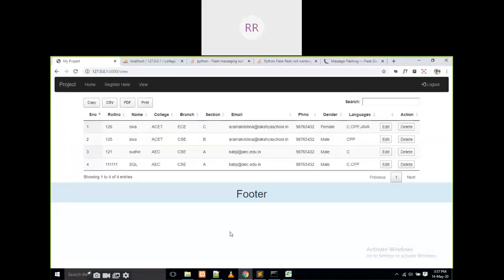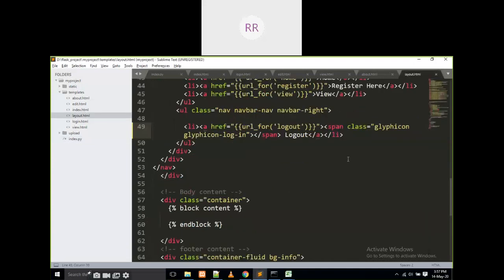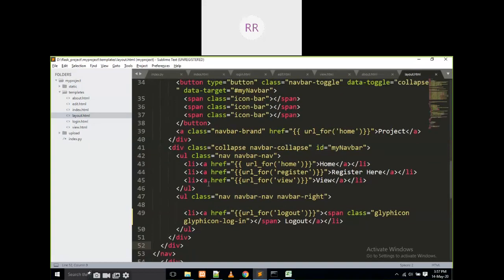Now I am going to create one more menu. That menu is called bulk upload. If I click on that, then what I have to do? First of all, I am going to create one menu. For menu creation, in what page do I have to move? Sai Surya, I am going to add one more menu item. At what place do I have to move? Yes, layout.html. Every time we have to move to layout.html. I am going to add one more menu here.